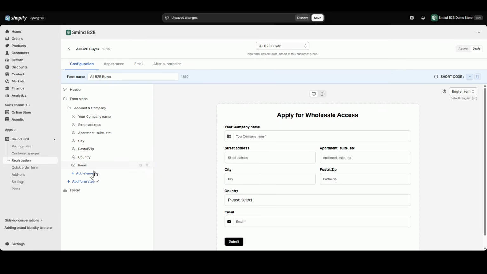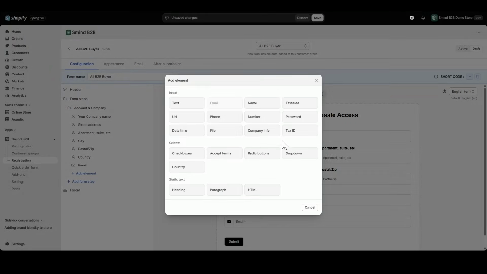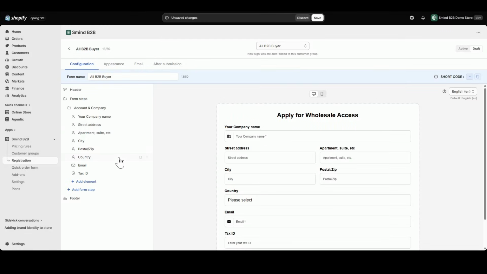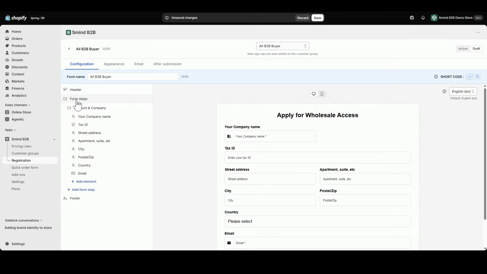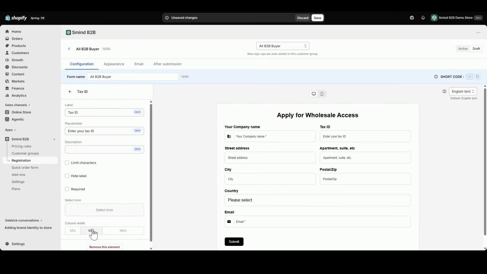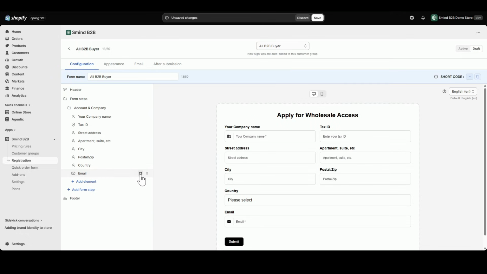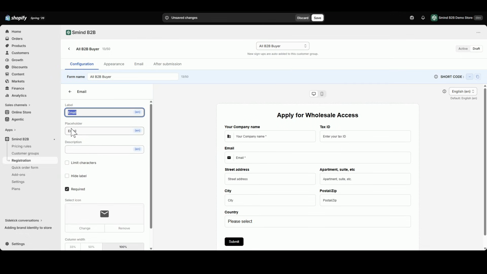Next, select the Add Element button and choose the Tax ID field. Drag this right under the company name field. Set its width to 50% for both Tax ID and company name field. When we set both to 50%, you'll notice in the preview that they now sit beautifully side by side. Then, we're going to grab the email field and drag it so it sits right underneath that company and